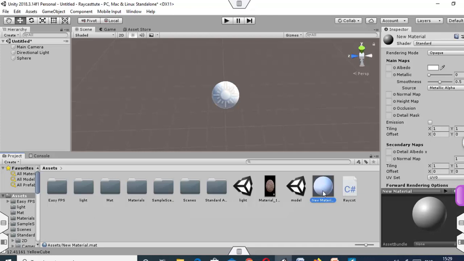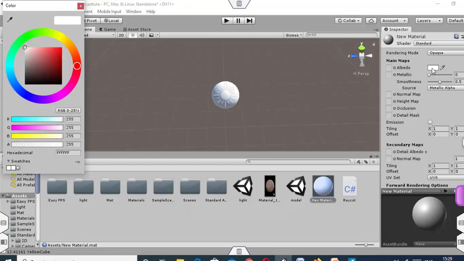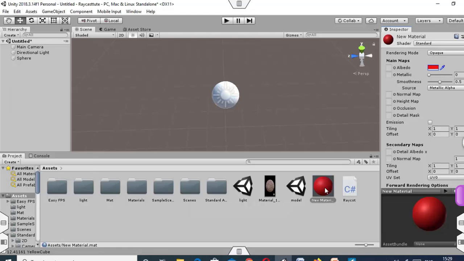Now after clicking on the material, on the inspector panel we can see various properties of this material. So albedo is what? Albedo is the very basic material we can apply here, that is color. So as we have applied a color on this material, now this material will be mapped with the game object.